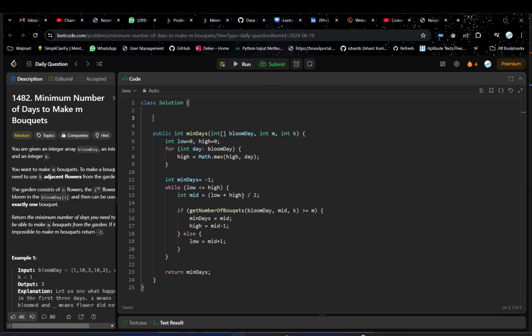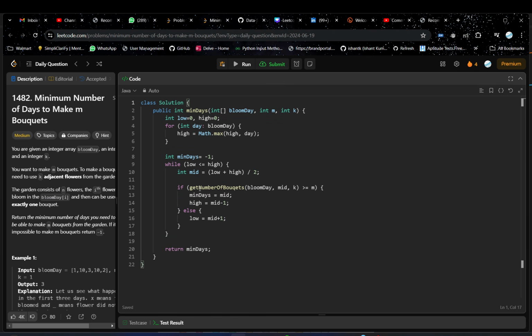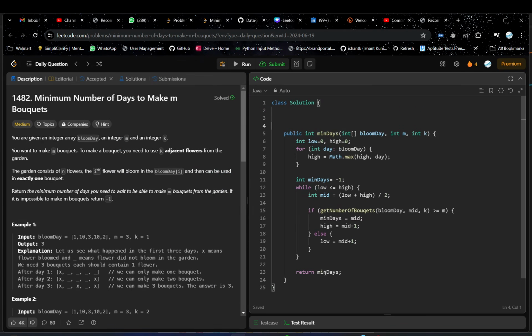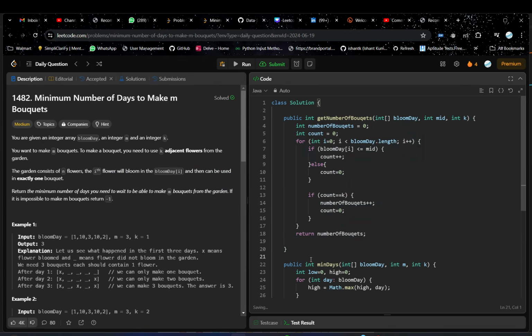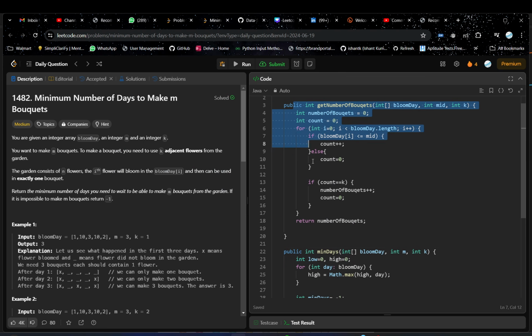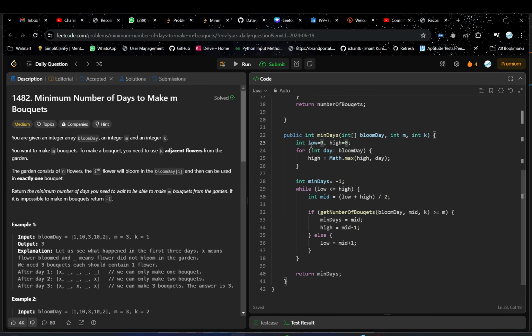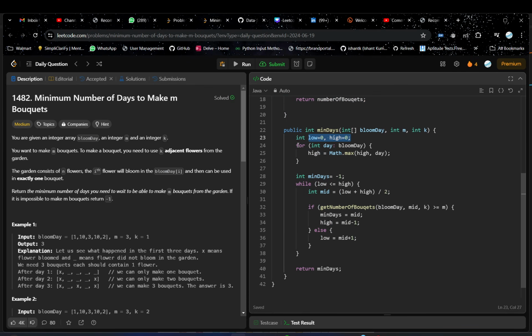So I hope you understood this approach and the problem. Let's see the code quickly. This function you have already understood. Let's see just the binary search part. We have taken low and high, and we found the maximum element in the bloomDay array.